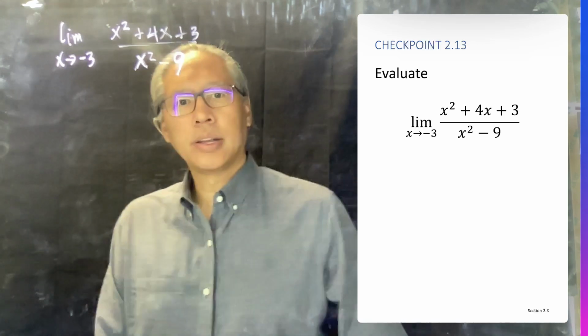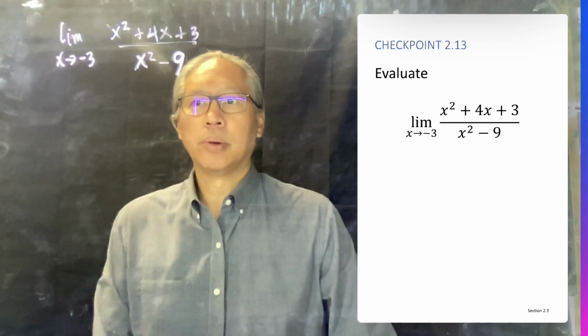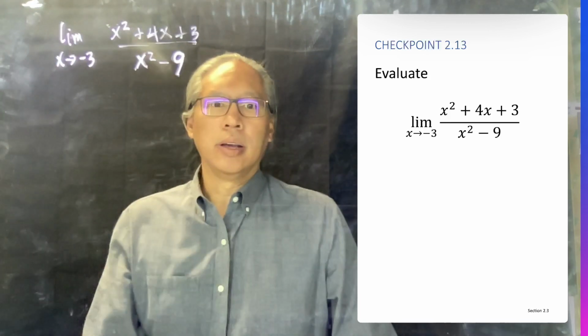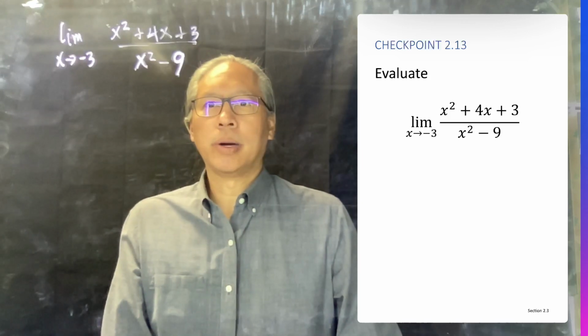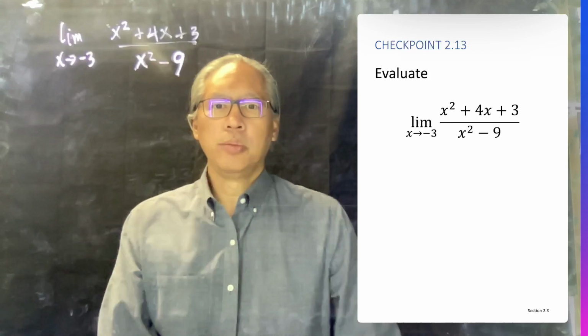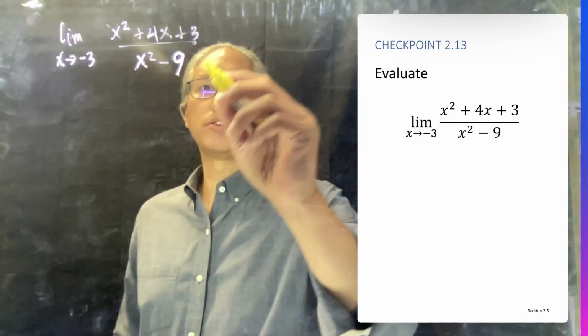Hello, we are looking at checkpoint 2.13 from section 2.3. They want us to evaluate this limit as x approaches -3 of (x squared plus 4x plus 3) divided by (x squared minus 9). So initially what we would like to do is put in -3 into the function,